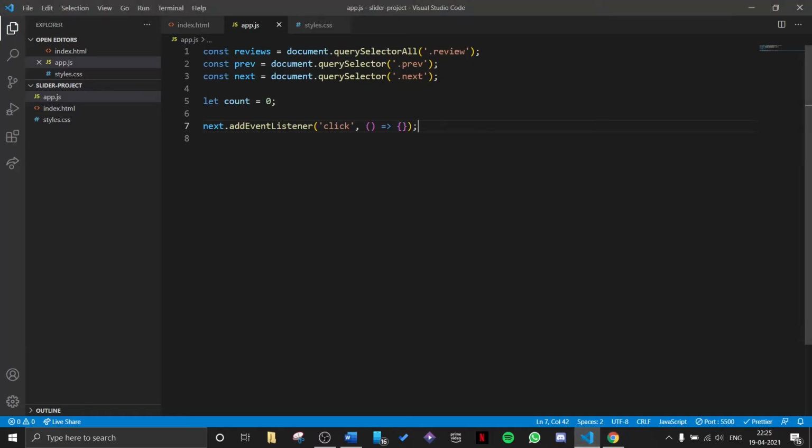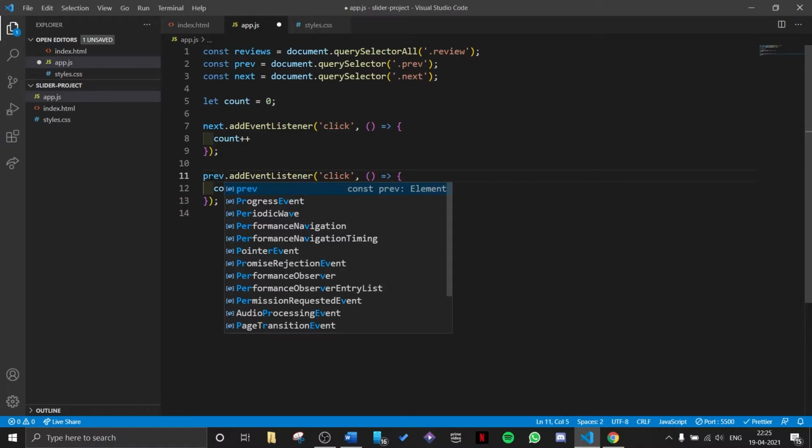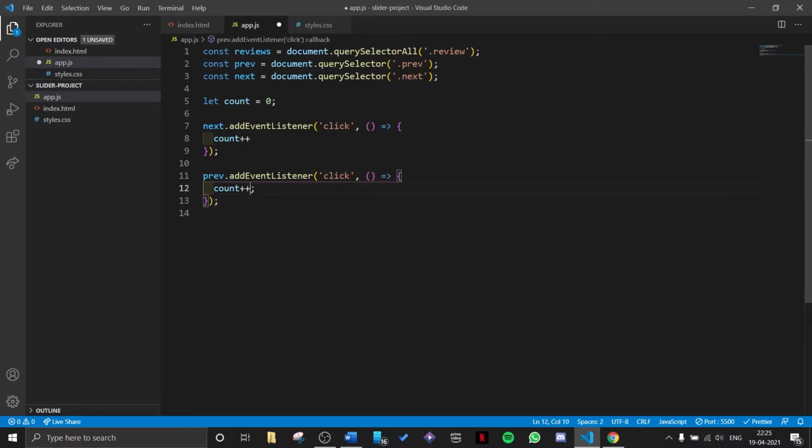For example, if we are on the second slide, we have count as 1, and then we click previous and we want the count to be 0. So let's do that. When we click the next button, we want count to be increased by 1, and we want to do the same for the previous button. The only difference is that instead of increasing, we want it to decrease.